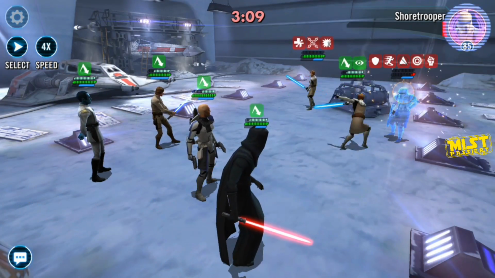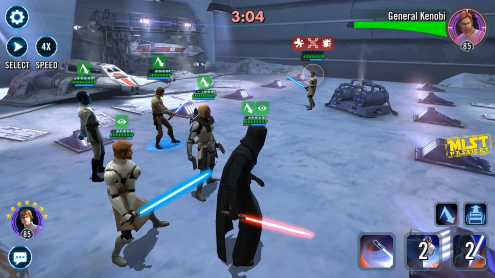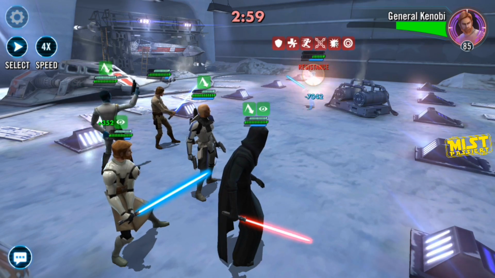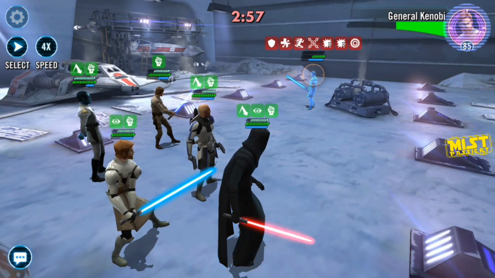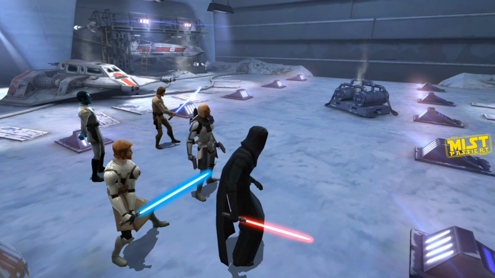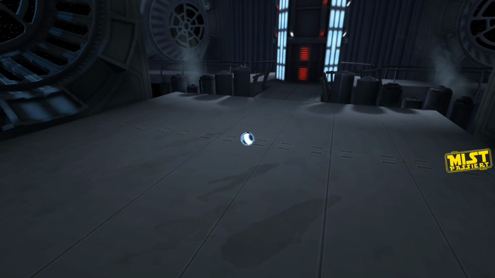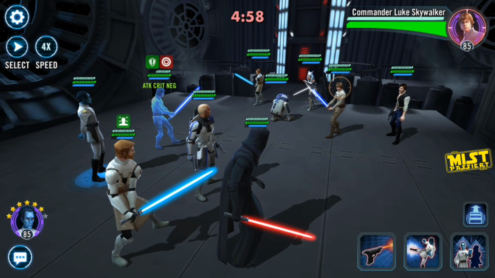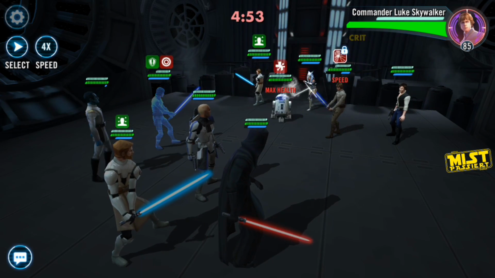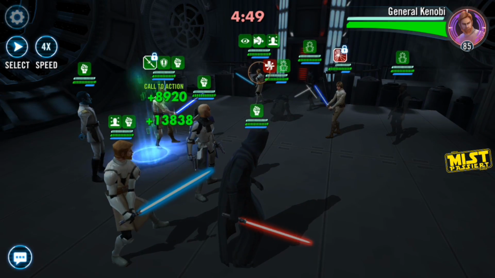So I think General Kenobi is obviously a no-brainer to have on the squad with Commander Luke Skywalker just because General Kenobi is probably one of the best tanks in the game. However, you will see some gameplay later on of a Commander Luke Skywalker with Old Ben lead, and that team was tough. Old Ben is a great off-tank for Commander Luke Skywalker, not only because if you have his taunt zeta'd, he's going to get the taunt back again, but